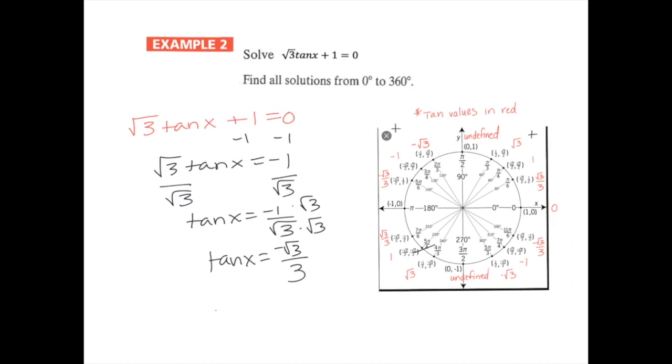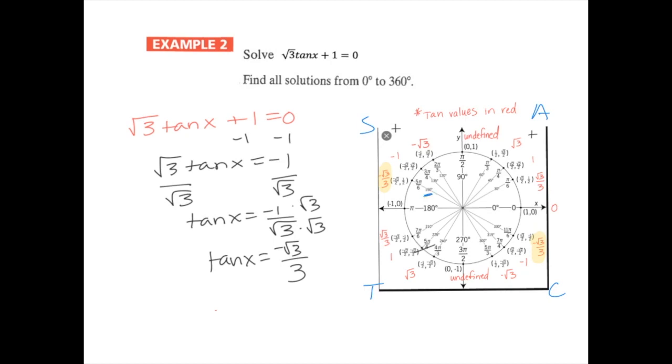Now looking at my unit circle, I see that there are two spots where I have a tangent value of negative root 3 over 3. One of them is in the second quadrant and one of them is in the fourth, which actually makes sense if you remember when we learned about all students take calculus as a way to figure out which trig functions are positive in which quadrants. That told us that tangent was positive in the first and the third, and we're looking for a negative value of tangent. So we would expect it to be in the second and fourth quadrant,